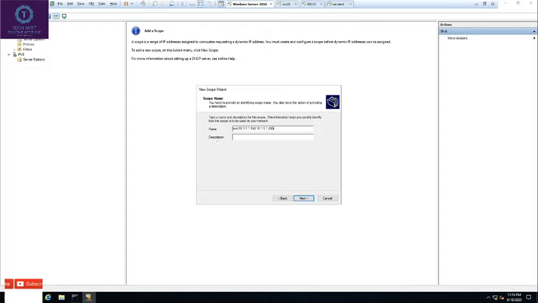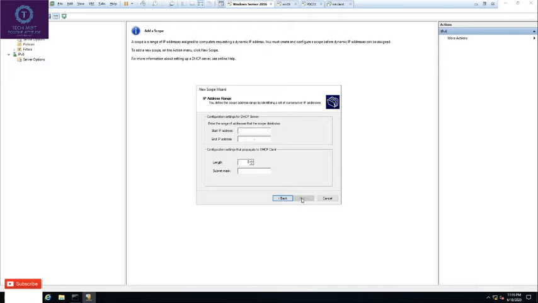IP range I will be giving is 10.1.1.150 to 10.1.1.200. Description you can write whatever you want. Say for example hello. Hit next.